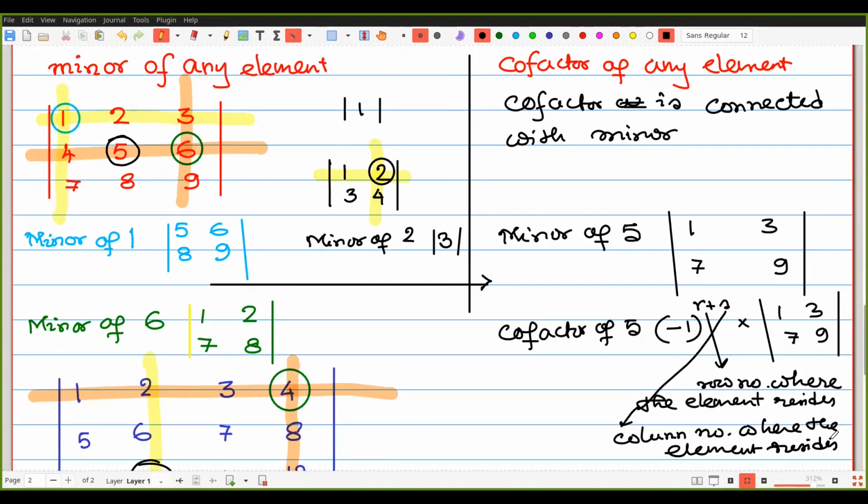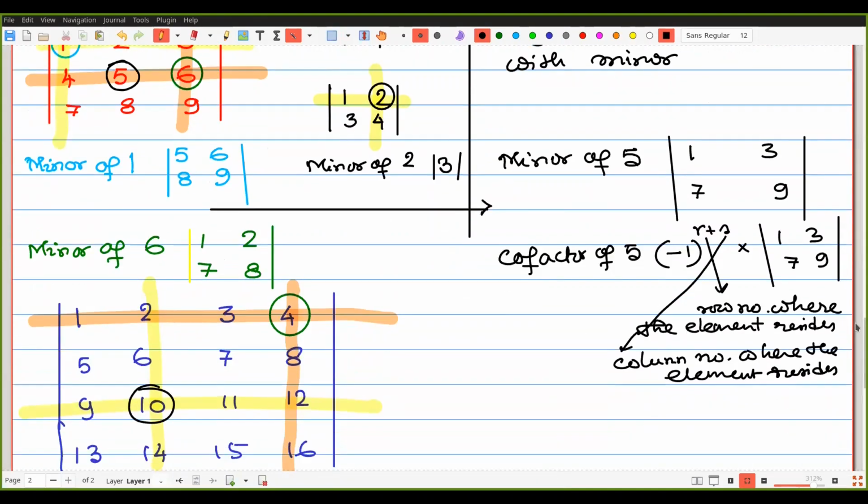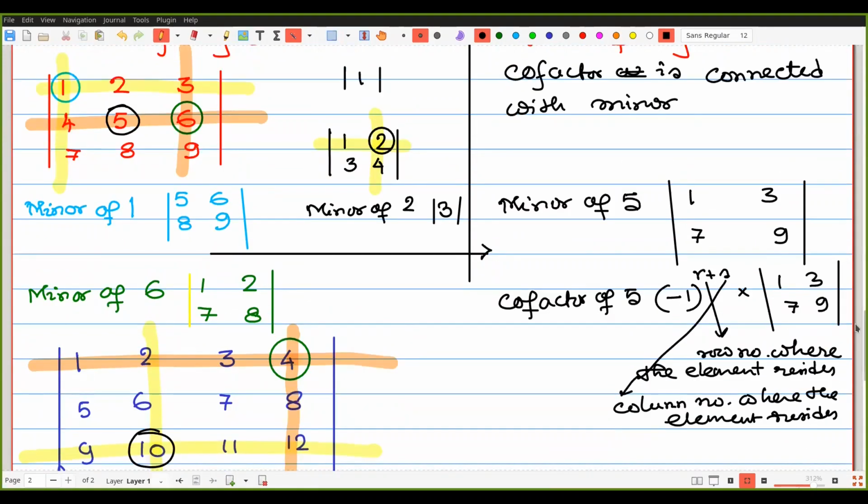Like for 5, in which row is it present? That is the second row. So the row is 2, plus in which column? That is also 2. So -1 whole to the power 4, that one is also an even number, into its minor is the cofactor